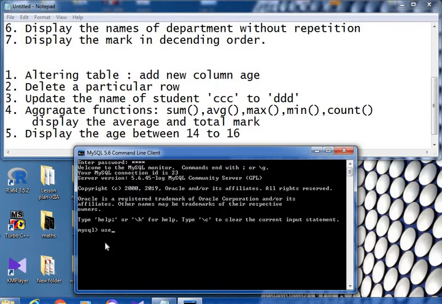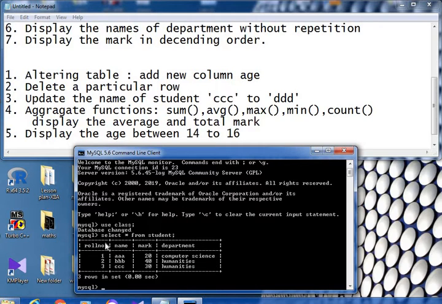For selecting the database, use the command use class. Then which table did we create? The student table. We already created the table, so you just give the query select star from student. It will show the data already existing. These are the data we already inserted in the table.